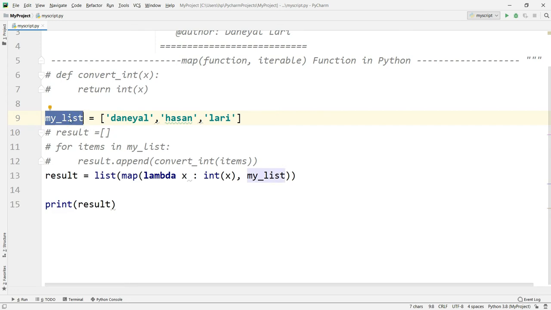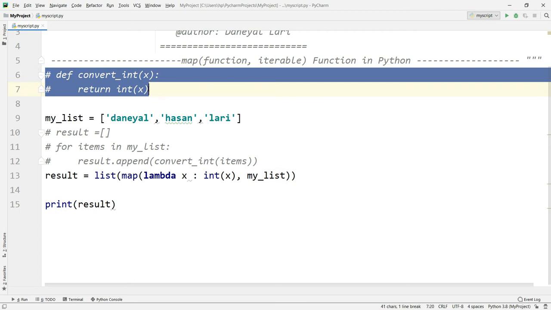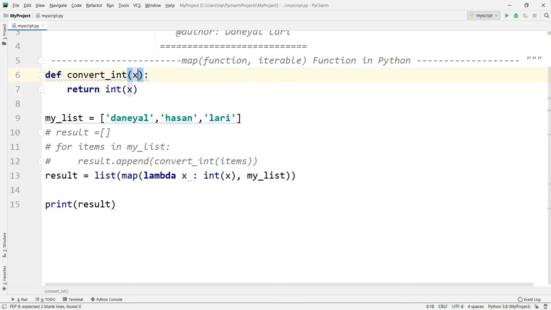So how to do this using the conventional way? I will write a function that will accept every element, get the length of that object, and after that return it. So I will write the method get len. I will pass the function here.